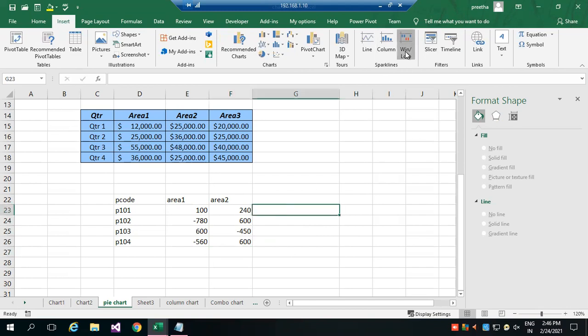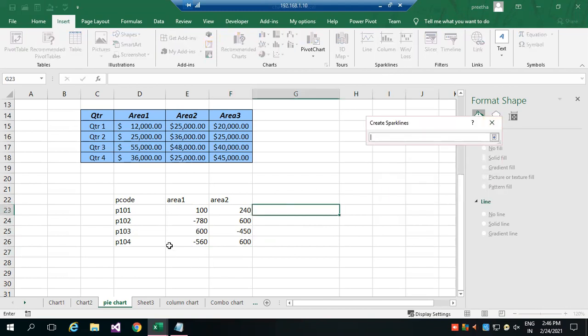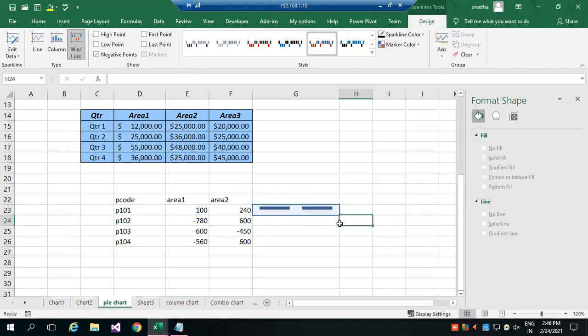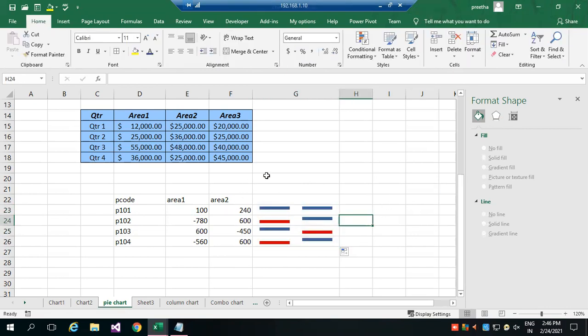So let me plot here, data range, select this. So if only profit, you will get a blue color line, that is the upper line, else you will get a red line.